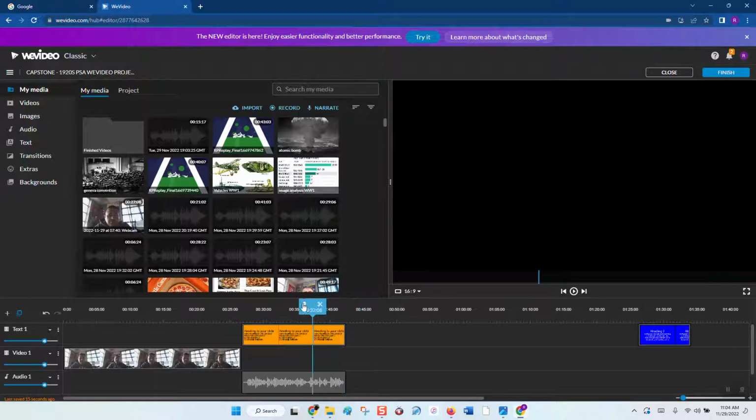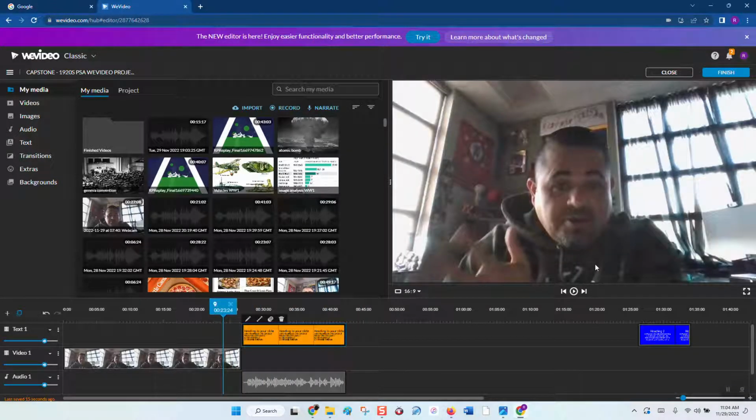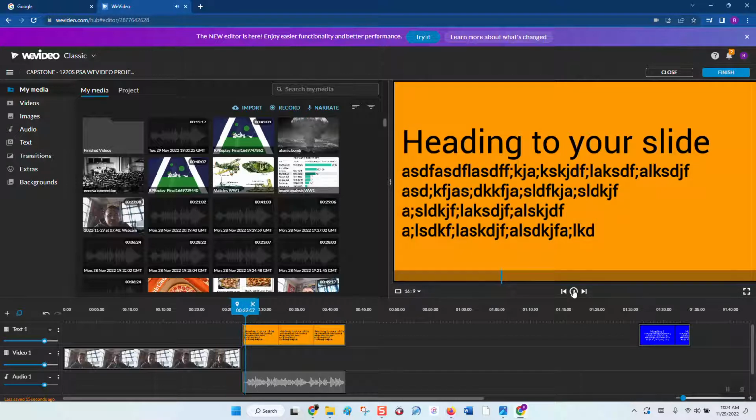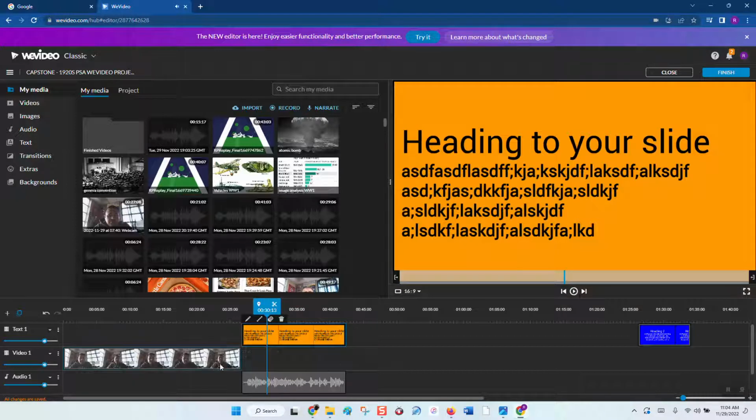What basically happens is if you start here and you hit play, you saw the video ended and it went right into the slide with your audio right under it. So I see the slide, I hear you explaining it, and you have to do this 4 or 5 times. All right, once you have the 4 or 5 slides, the other thing you have to do is add